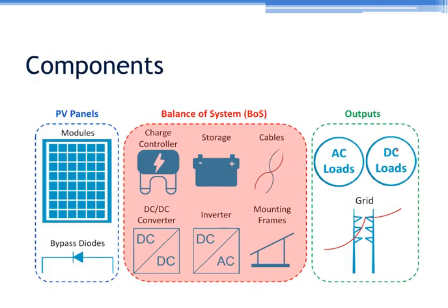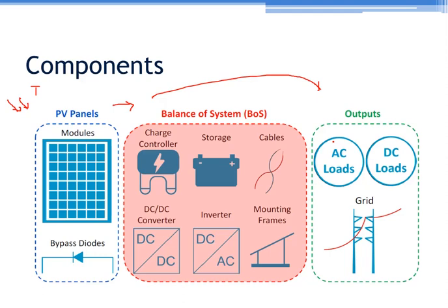Now the second part is balance of system. This BOS is responsible for converting the unregulated power to the regulated side. As we know, whatever radiation falls on the solar panel from the sun is dependent on climatic conditions, or on temperature. If that changes, the output of the solar panel will change, and if the system is directly connected to the load, it will affect the performance of an AC load or DC load or even the grid, because they need constant voltage and constant frequency.